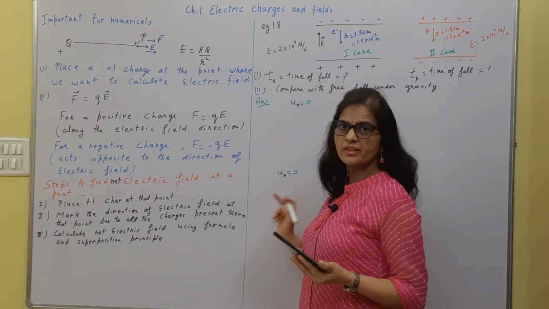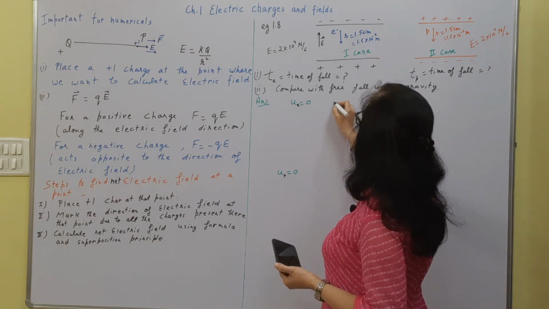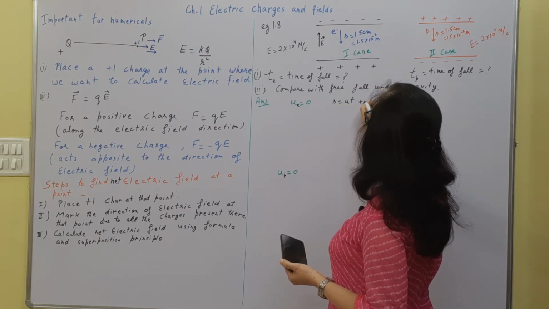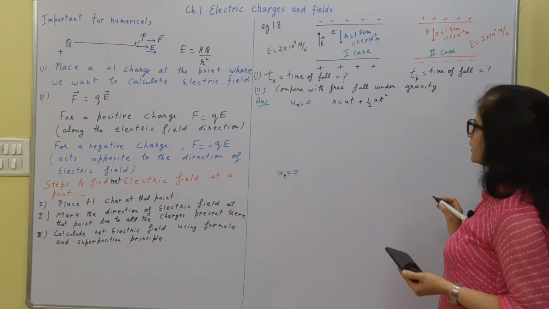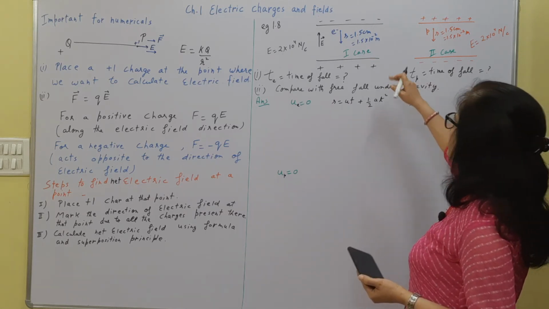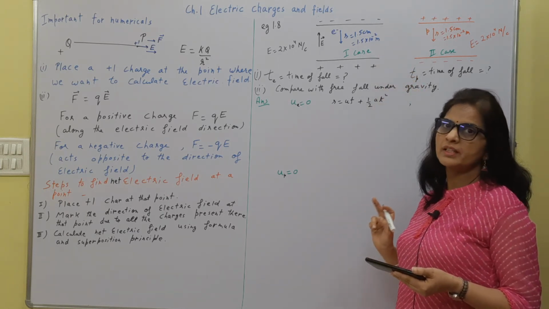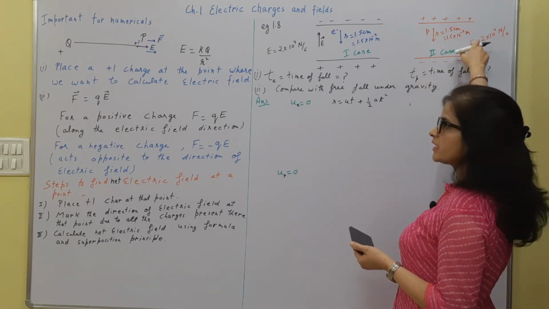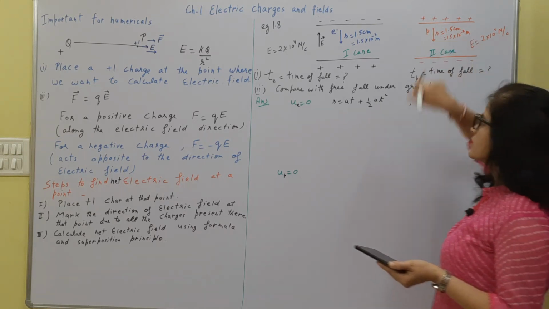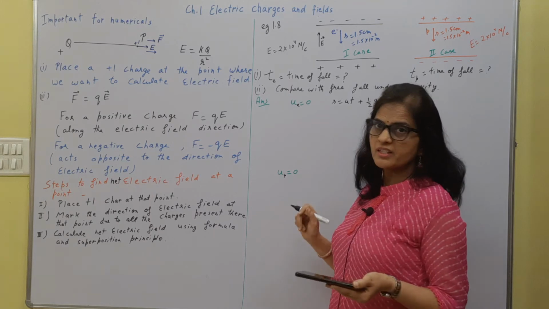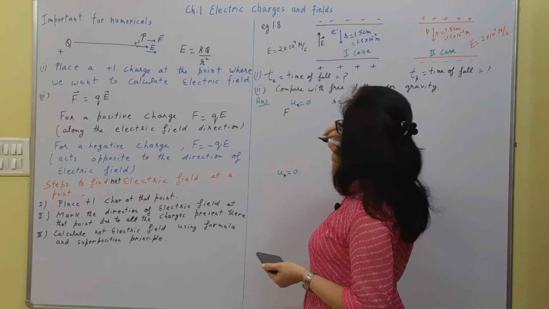In both the cases initial velocity is 0 because these are falling. Now we know that s is equal to ut plus half at square, right? And we also know that this electric force is resulting in the acceleration of this electron. Here also this electric field is exerting force, due to this it is also experiencing an acceleration. So we can calculate the acceleration by using this concept that the first force, we are talking about case 1 here.